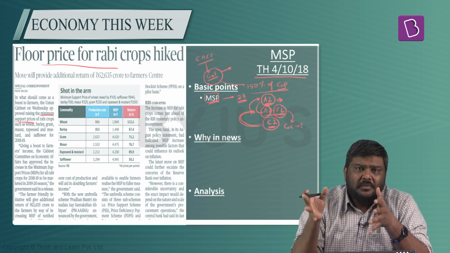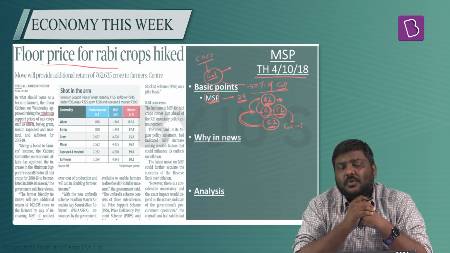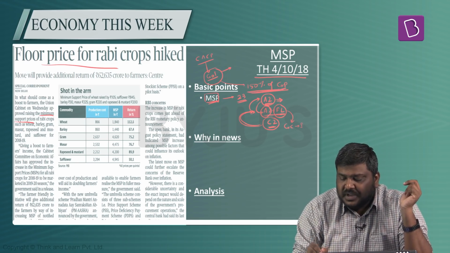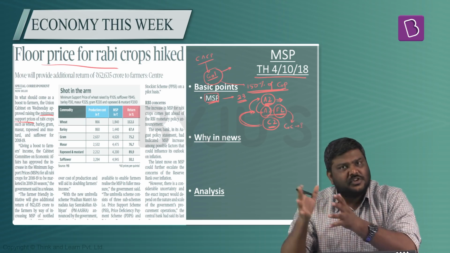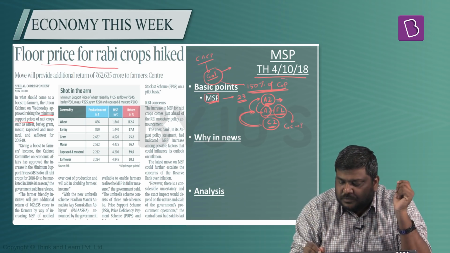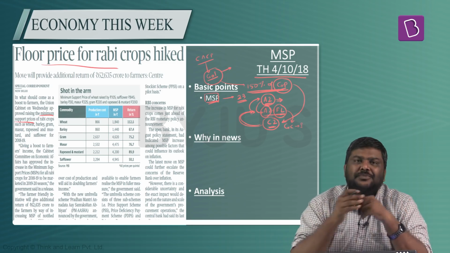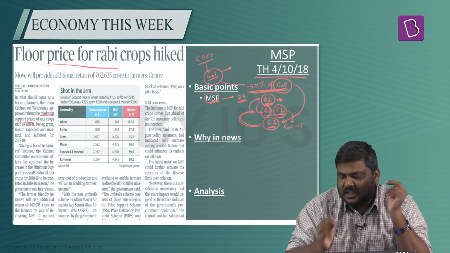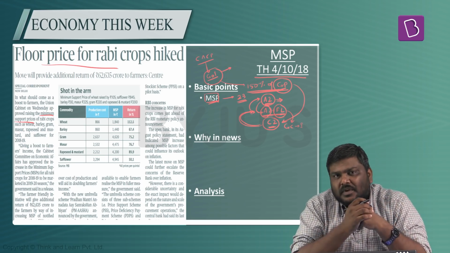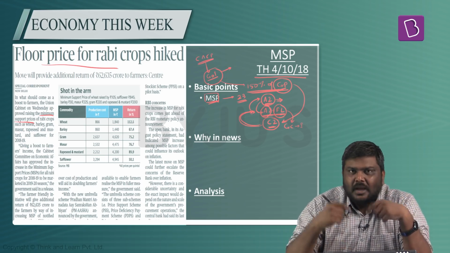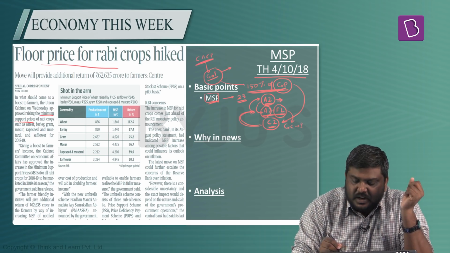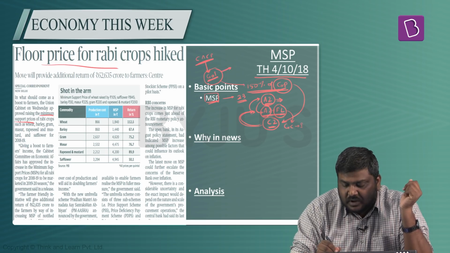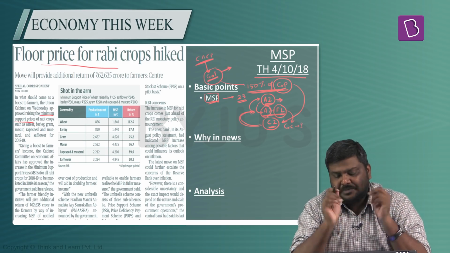The most quoted recommendation of the MS Swaminathan Committee report basically says that the Government of India must announce the MSP which is equivalent to 150% of cost of production, but this cost of production should be nothing but C2. But Government of India says that we will not consider C2, rather we will consider A2 plus FL. So basically, to recap the issue, CSEP will recommend the MSP based on the cost of production to Government of India. Government of India will announce this MSP.